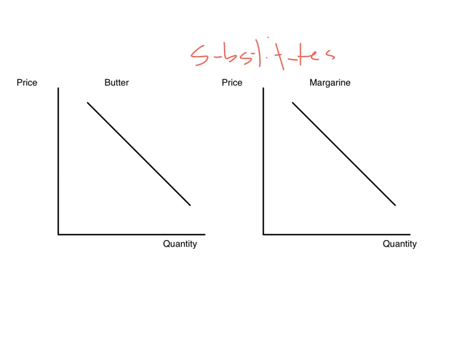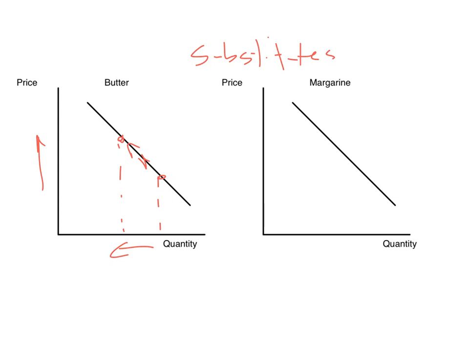And let's suppose that the price of butter were to increase, and we know that that would result in a movement along the demand curve for butter, and there would be a decrease in the quantity of butter demanded. Higher price of butter, fewer people are buying butter, people are buying less butter, but consumers still need something to